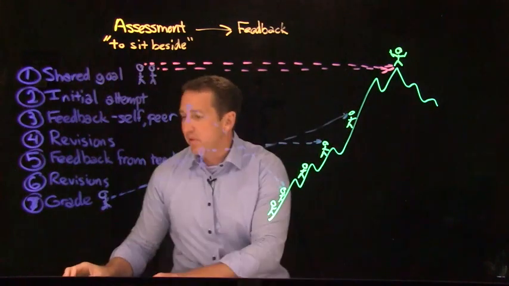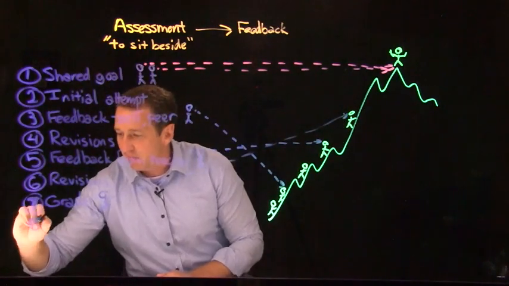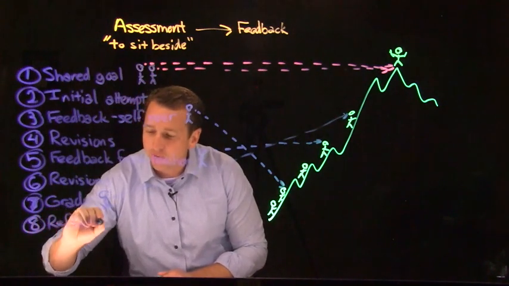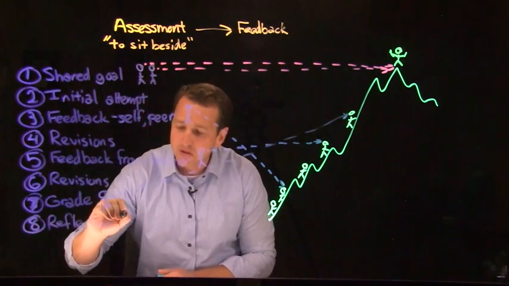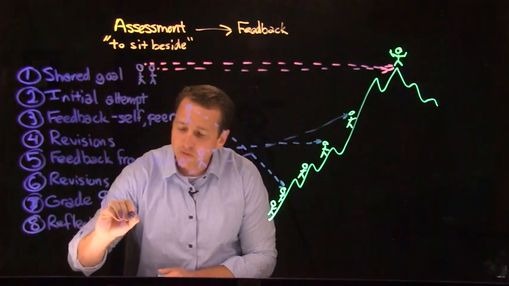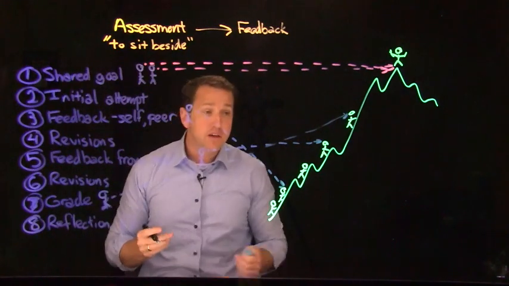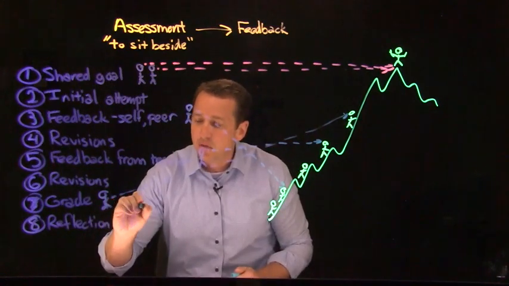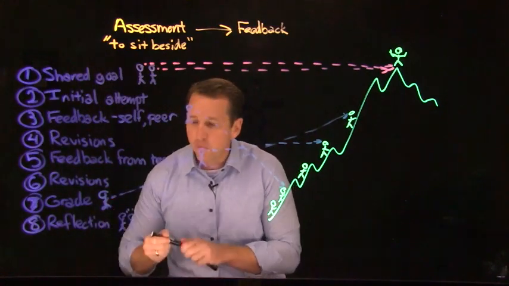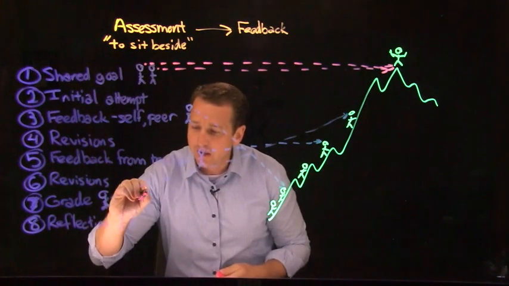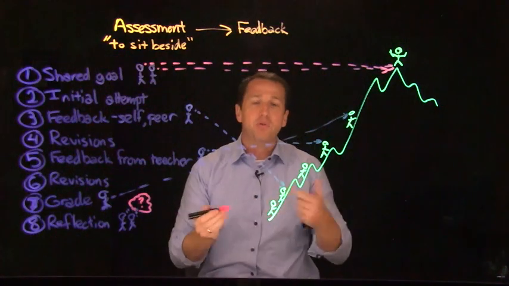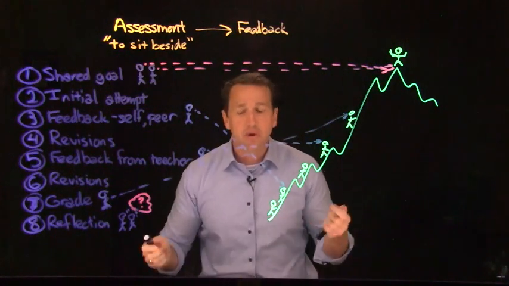Now, the 8th step that Nottingham does not talk about, but I think is important, is some brief reflection. This is both for the teacher and the student, where the student reflects on the progress made, the teacher reflects on the assignment, on the assessment, what could be changed, what could be different, so that when they get to the end, the feedback doesn't stop, but there's feedback for both the teacher and the student to get better.